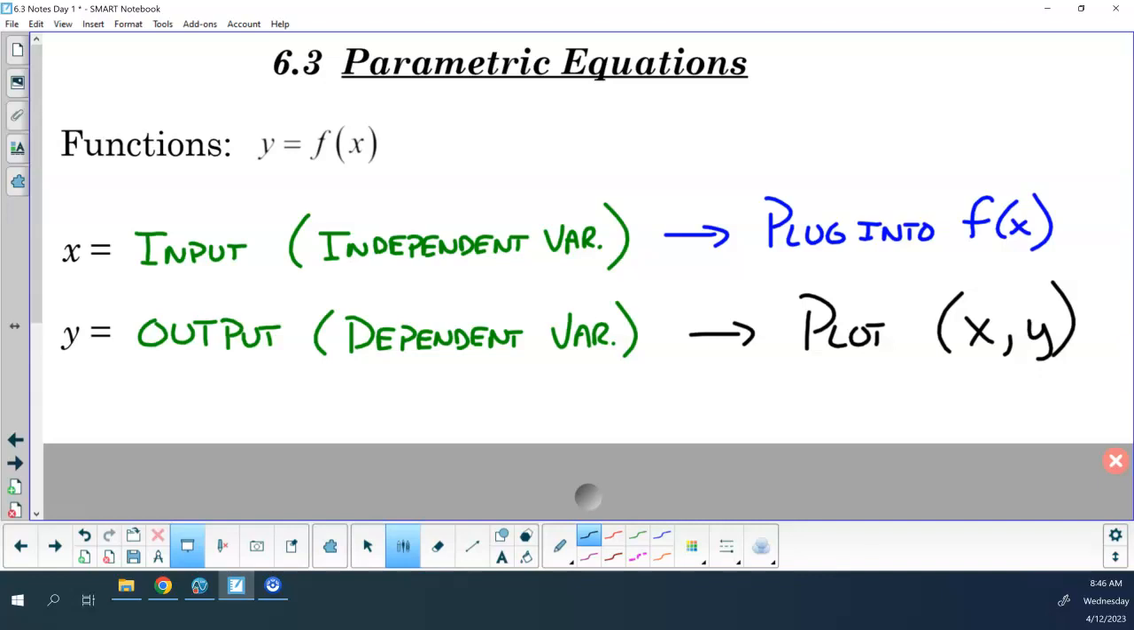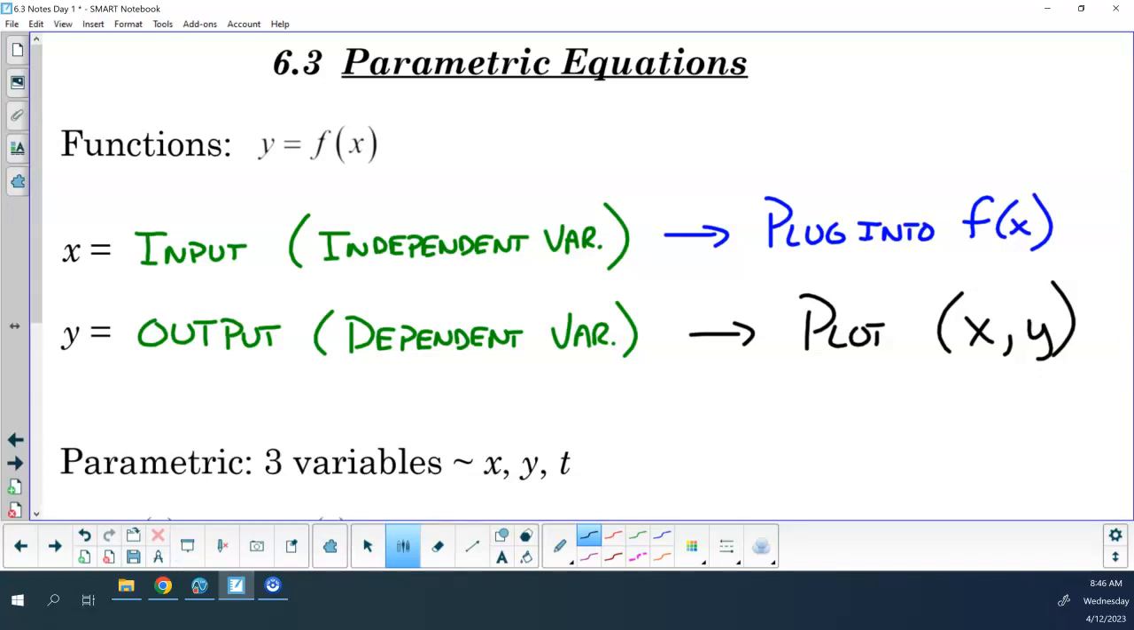Well, now we're going to take that and we're going to add something to it. And that adding to it is going to turn it on its head. Because now in parametrics, we're graphing with 3 variables. But we're not graphing in 3 dimensions. We're graphing with 3 variables. And how this works is now instead of you picking an x to put into your